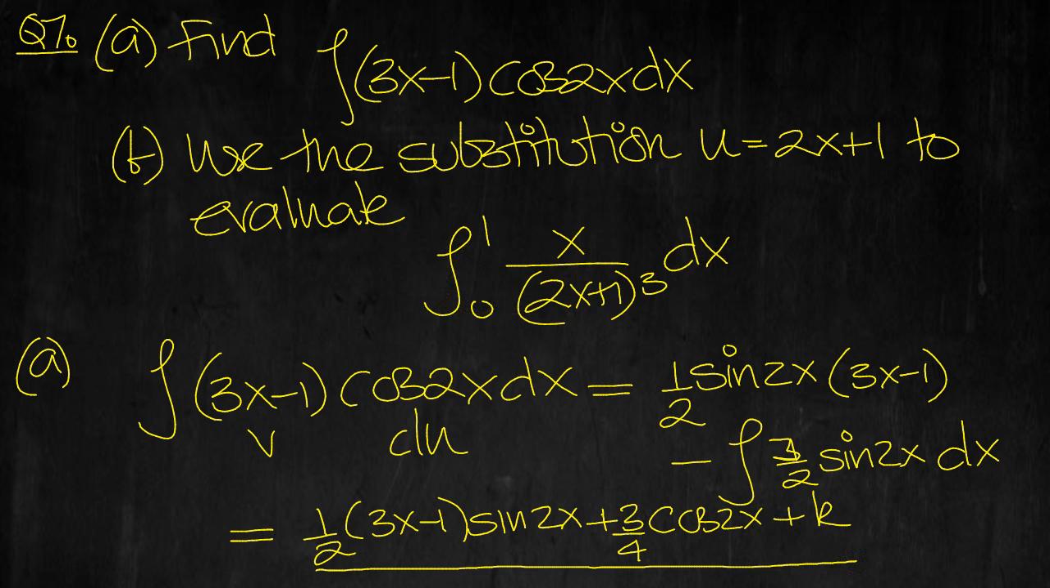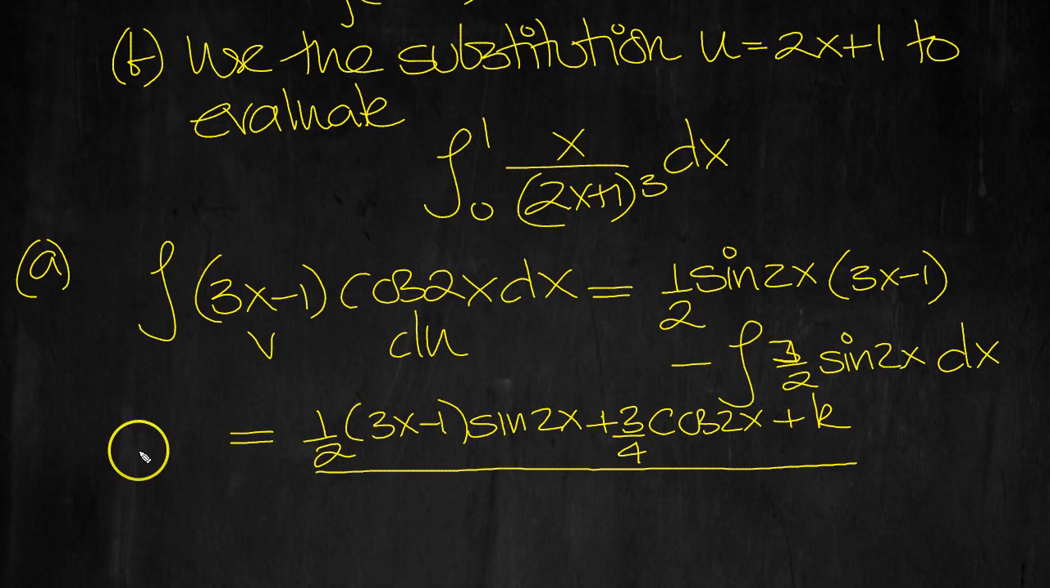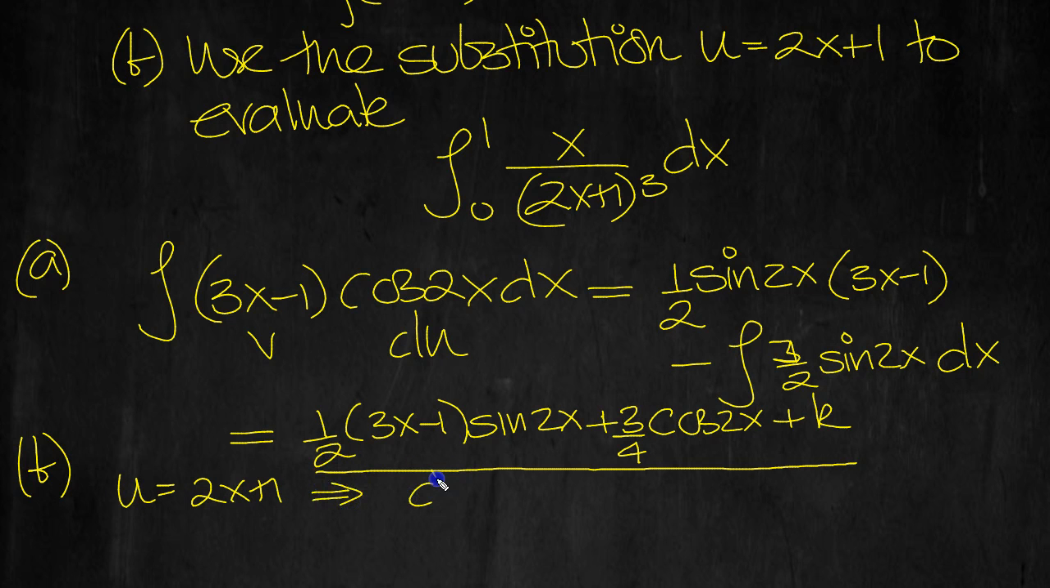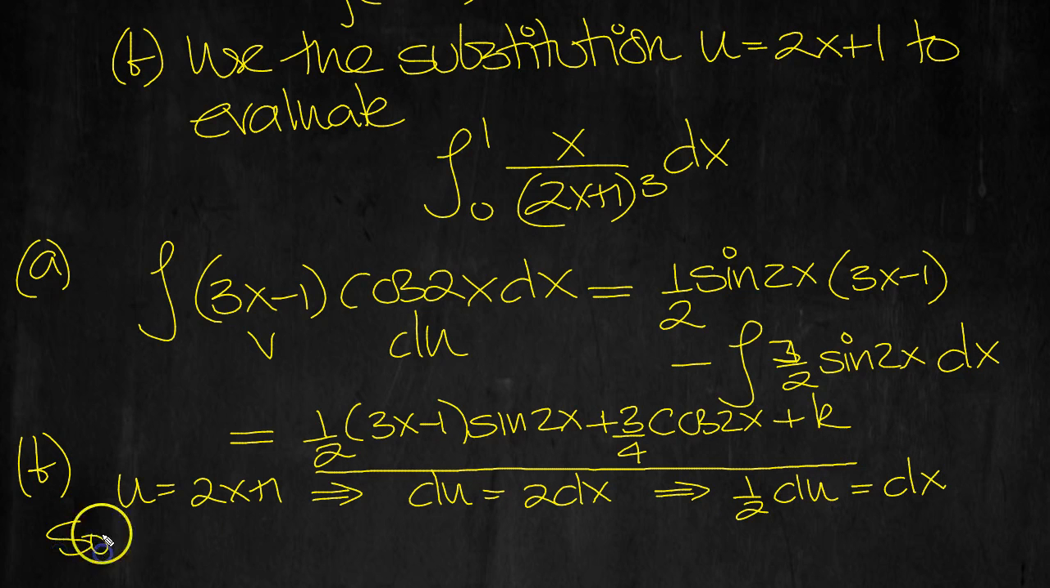Now this one, use this substitution for part B. So u is equal to 2x plus 1. So du is equal to 2 dx, isn't it? Looking at this, that tells us that a half du is equal to dx. So if we label this I, I is equal to the integral